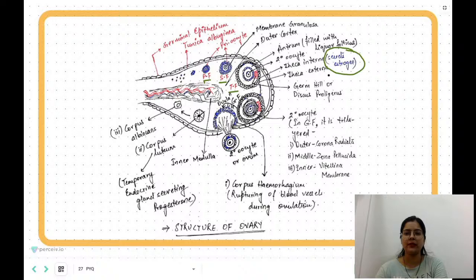This is very very important. And जो आपका germ hill और discus proligerus है, this is your cells which are going to connect the secondary oocyte with the theca. तो ये होते हैं, ठीक है। फिर ये आपका ग्राफियन फॉलिकल हो गया, ये GF हो